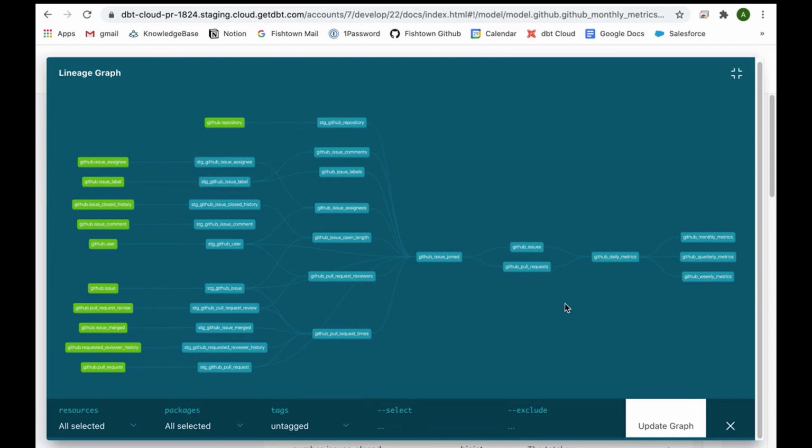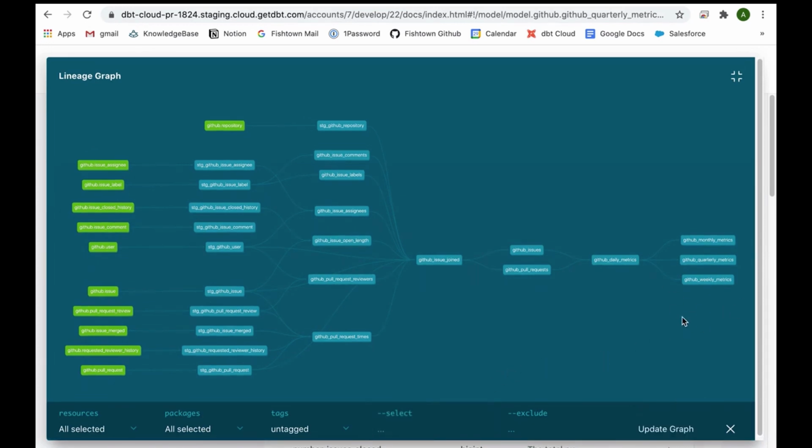So one of the things about dbt is we have a wide range of materialization strategies. So for example, in this project here, I have these early staging models that are just kind of a way to stage the tables here that provide my metrics. So these are materialized as ephemeral models, meaning I'm not going to see them sitting in my data lake. They're just basically persistent queries that then I can model on top of. So these models in my data lake are materialized as tables that I would want to share with the rest of my analytics team. So I have a set of daily metrics, and then on top of that, I have a set of monthly, weekly, and quarterly metrics.